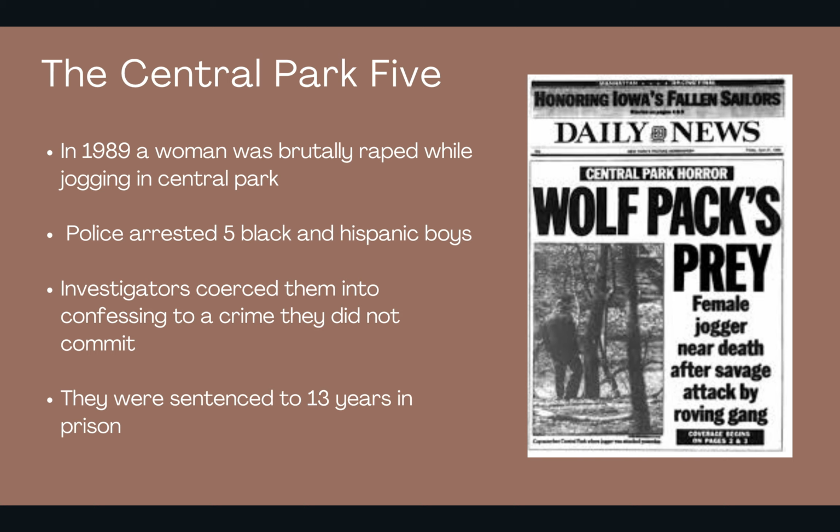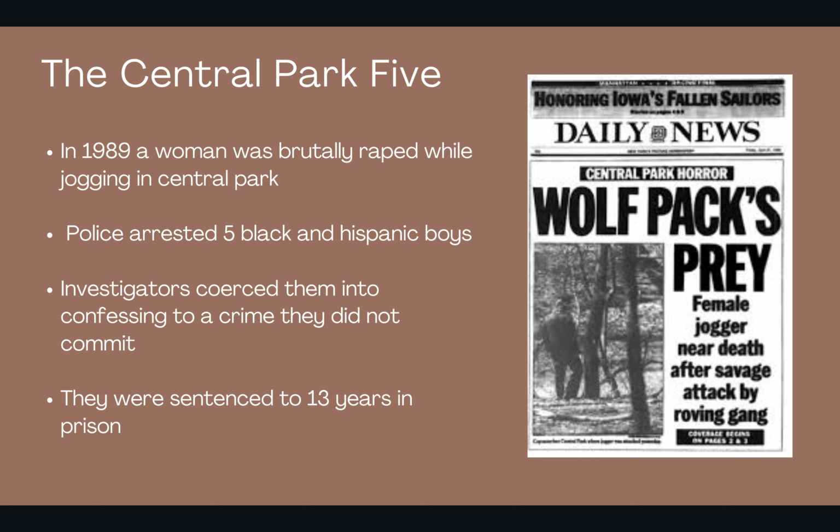The example I'm using to demonstrate a power-based approach is an American criminal case known as the Central Park Five. This took place in 1989 when a 28-year-old woman jogging through Central Park was brutally raped and almost killed by an unknown perpetrator. This case started receiving a lot of public attention, and the state was under a lot of pressure to convict someone for the crime. As a result, 5 boys between the ages of 14 and 16 were accused of the